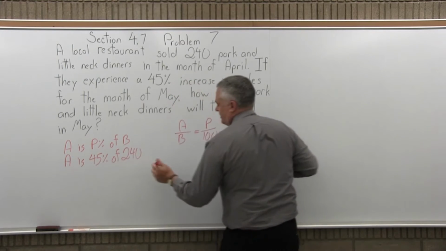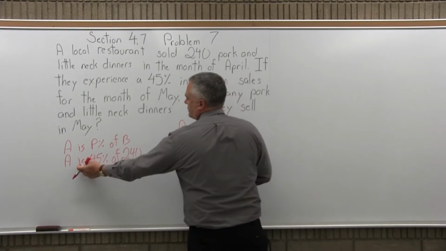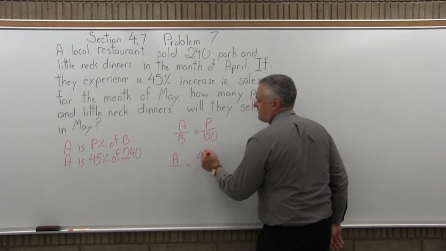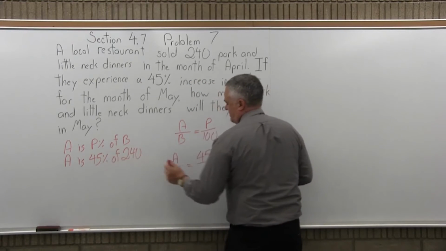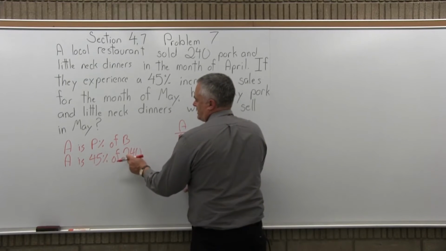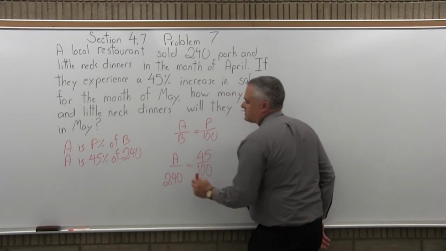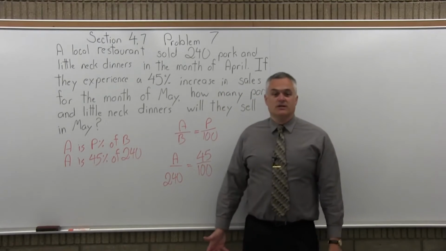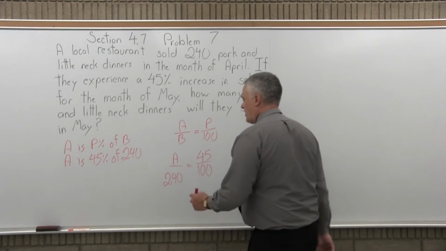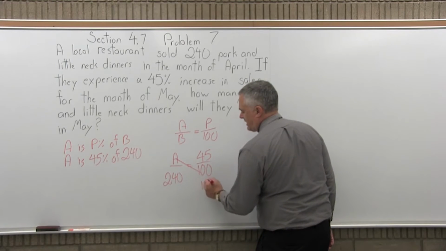Start with the A, that's the unknown, so I'll just leave it as a variable. It's A equals, that's really the is, that's where the equals comes from, 45%. So the P is 45, the percent is where the 100 comes from. And B, the number at the end of my sentence, when I have it written in this form, is 240. So now I only have one unknown, which is the A. To solve for it, I start by cross-multiplying. So A times 100 is 100A